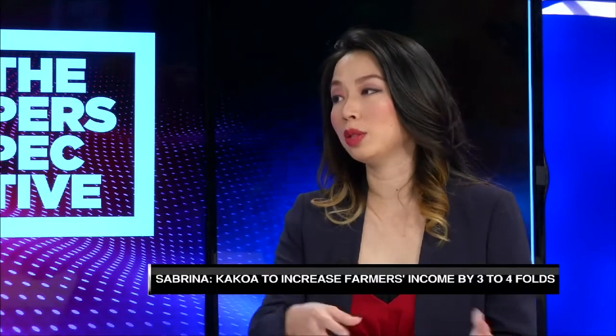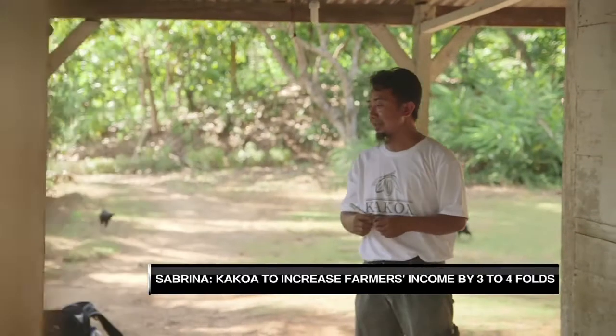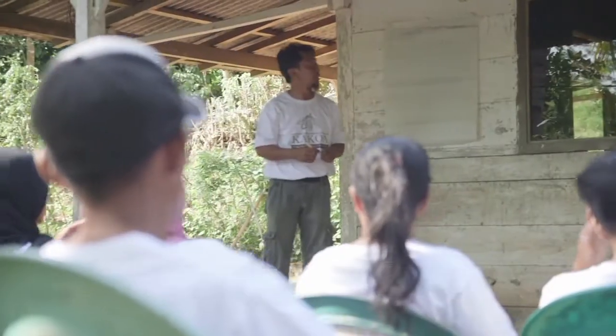So the income improvement comes from two sides. One is the yield improvement side of things. We teach them how to plant their crops better, so they're producing more cocoa in the same amount of land. The other side is that we're paying more for the best quality beans, so they get an increased income from that as well. So yes, they're already increasing their income, but it'll come to full fruition in about 3